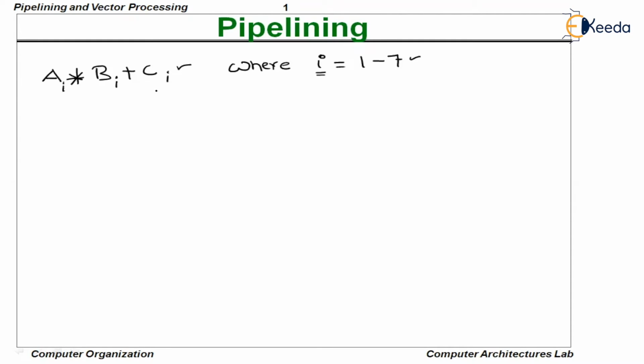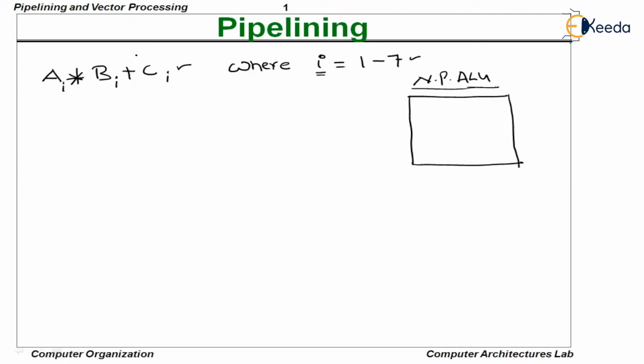Now, before designing the pipeline, let us understand how many clock cycles are required to execute these 7 instructions in a non-pipeline ALU. Let us say this is a non-pipeline ALU. We did not implement any pipelining approach in this ALU. It is simply a normal non-pipeline ALU that we knew already. So how many clock cycles are needed for executing these 7 instructions?